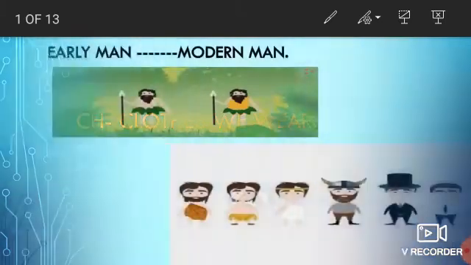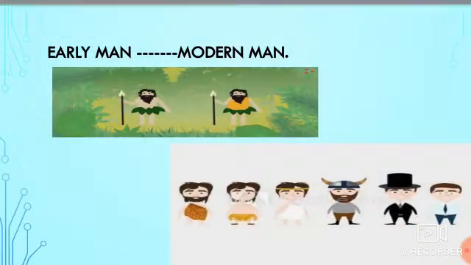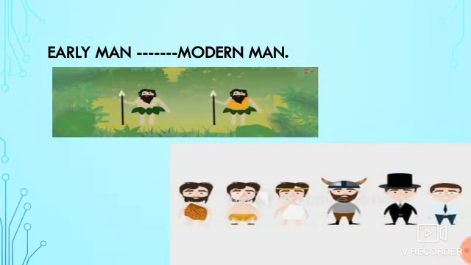Children, we have already discussed the types of clothes early man used to wear. They only used large leaves of trees to cover the body. With time, it was seen that even animal skin can be used as a cover for the body. However, these were not clothes actually. But the clothes which we use today are not leaves of plants directly. We use plant products to make threads from which fabrics are made.